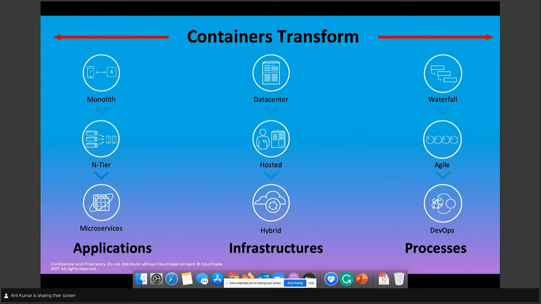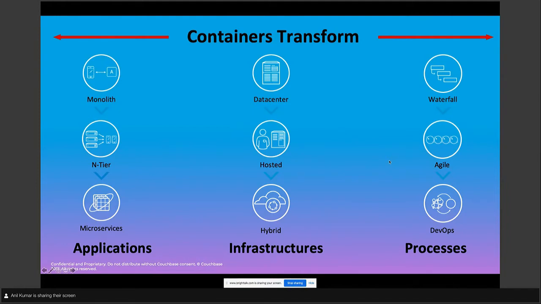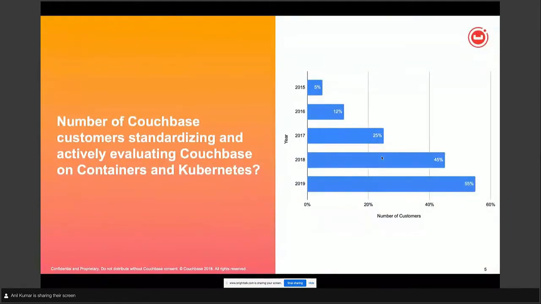So now let's take a look at when we started the journey of Couchbase on containers and Kubernetes. We did a survey of a number of Couchbase customers who are standardizing on and actively evaluating Couchbase on containers and Kubernetes.